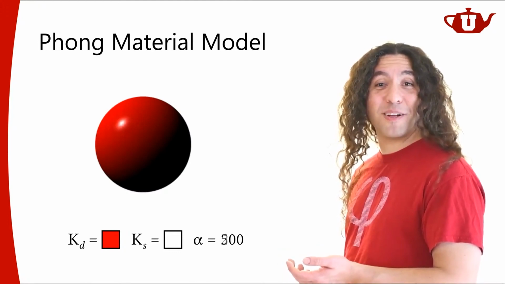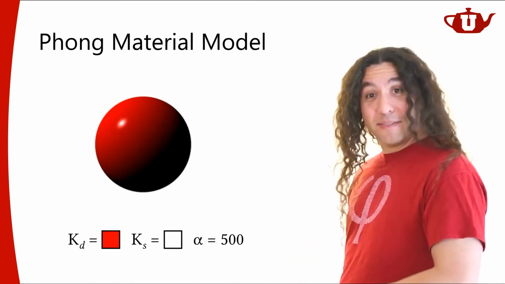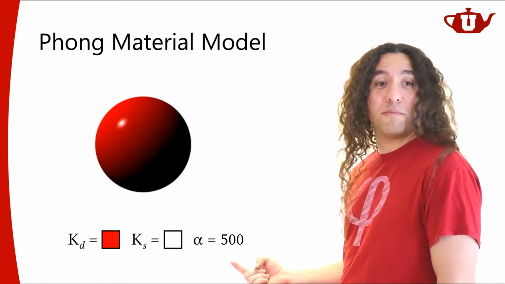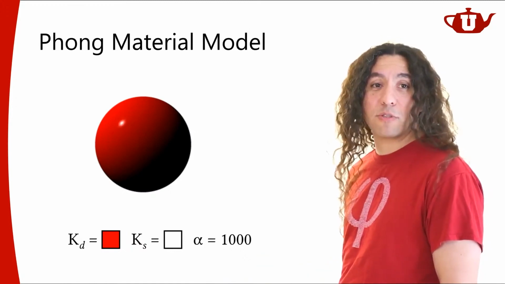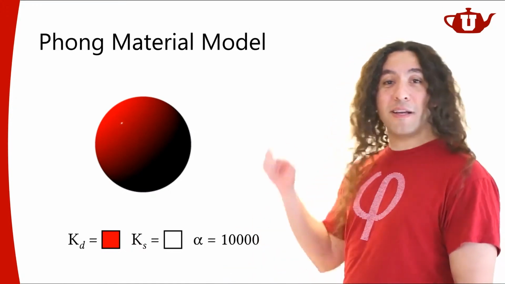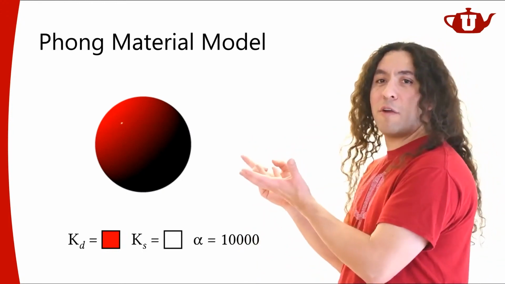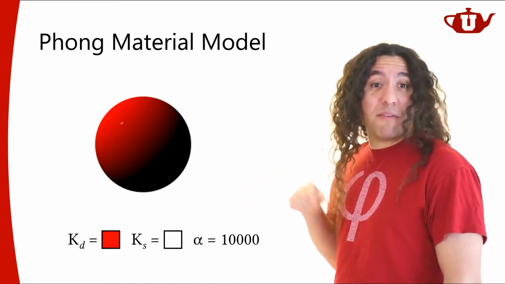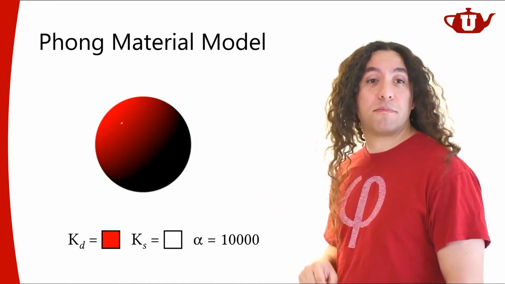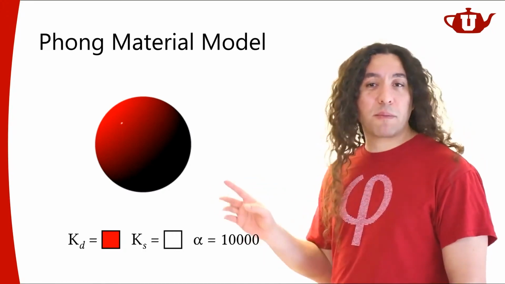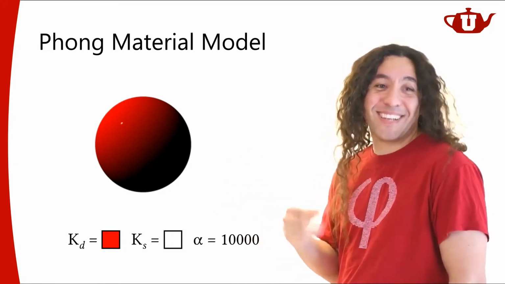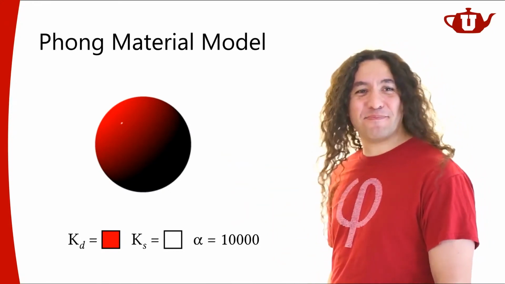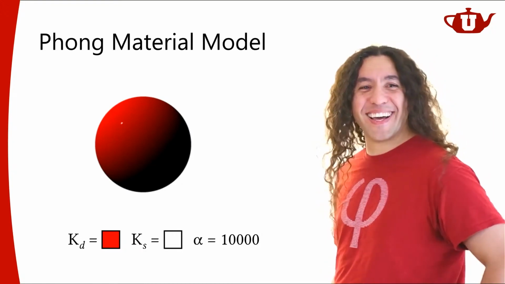200. They're getting small. You get the idea, right? 500 to the power 500. It's not a very unreasonable parameter to use for this. Actually, about 1,000. You know what? 10,000, right? So if your surface is really smooth, really smooth, this would be a very reasonable parameter to set for it. Actually, on a perfect mirror, this would be infinity. So 10,000 is a lot smaller than infinity, I would say. By how much? Infinitely smaller than infinity.